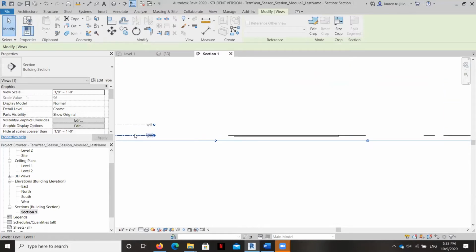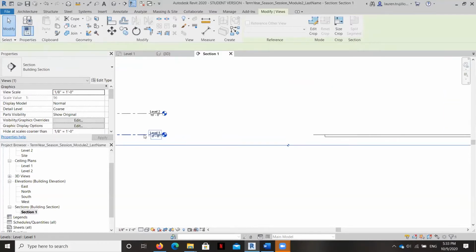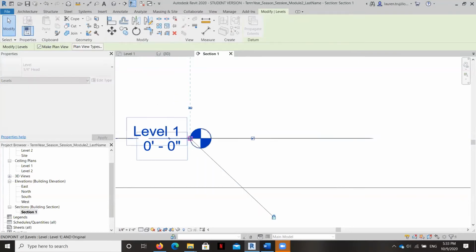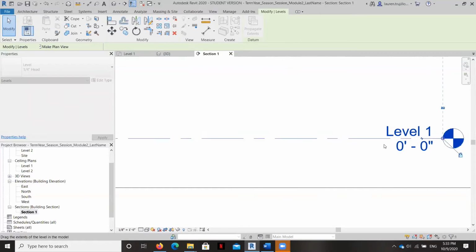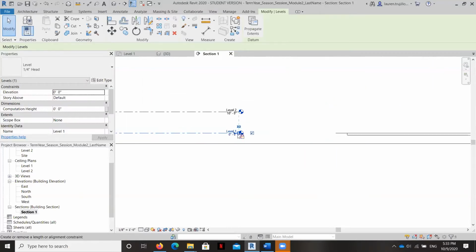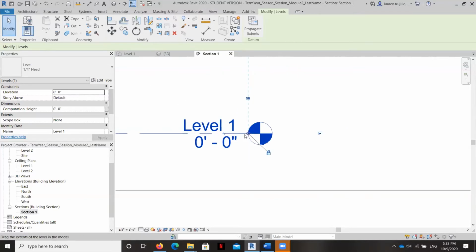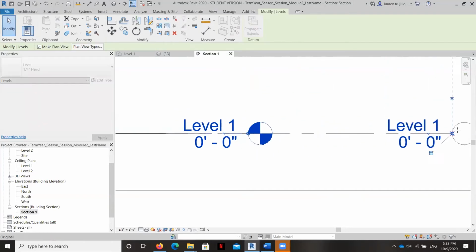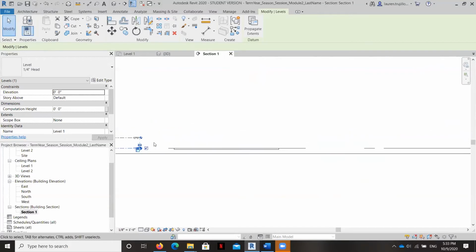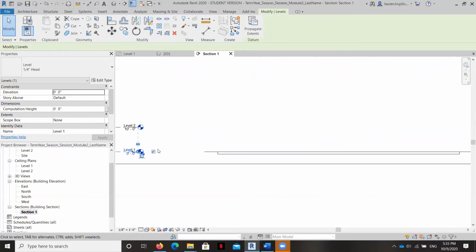So I'm going to begin by just teaching you how to move these. And so you can see, if you click on it, there's a little grip. So you can go ahead and grab that. It looks like the level 2 is coming with it, so that's good. So we're just going to go ahead and grab it. This is a little bit of a hassle. I'm going to pause my video until they're moved.